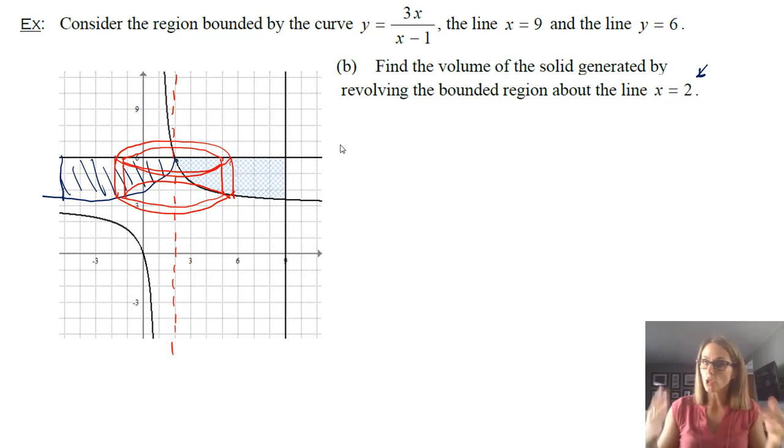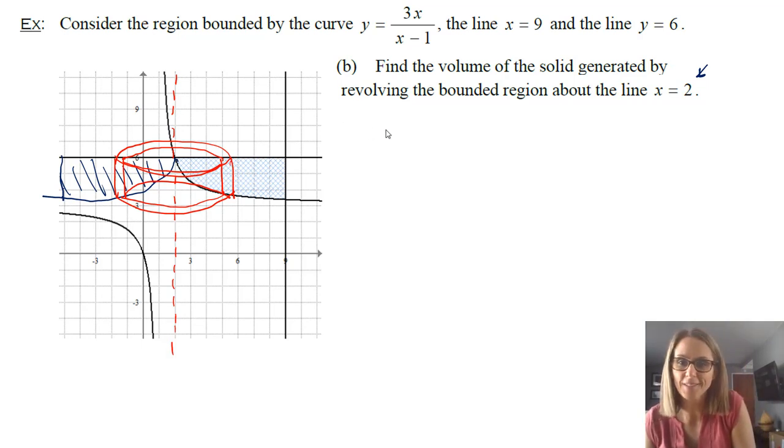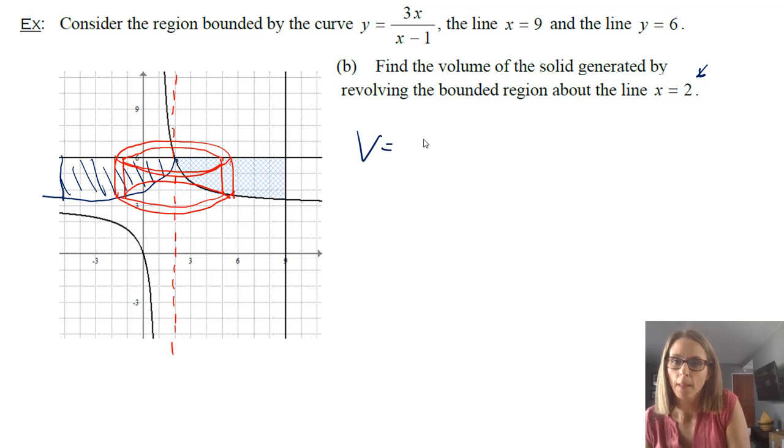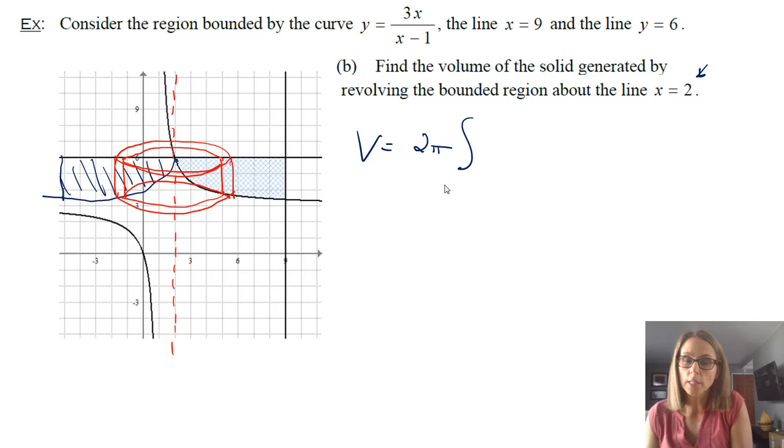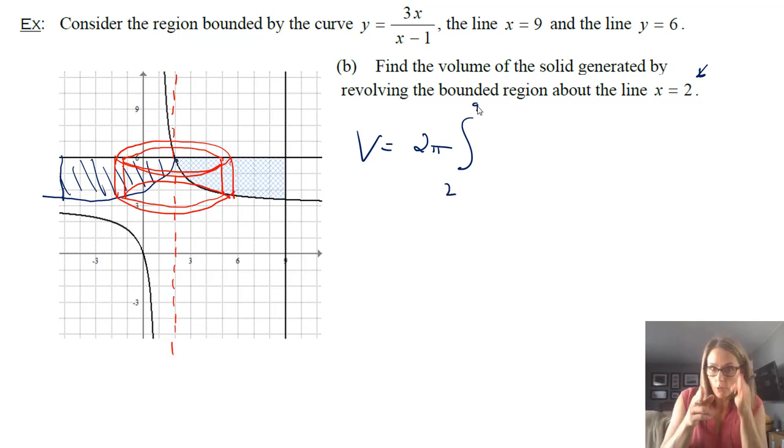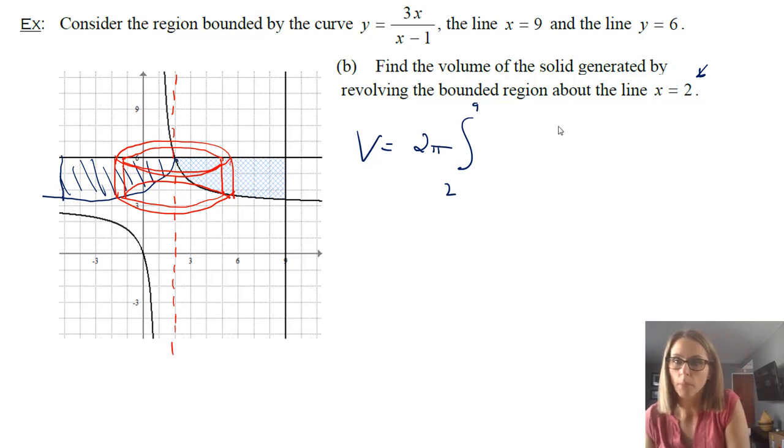And so we just need to show that, like if you were to peel this open, and again, look at the length of this rectangle, it's going to be 2 pi times not x, but I'll show you. Let me start this here. So we have 2 pi, that is the same. We're still going from 2 to 9. That piece is still integrated from 2 to 9. That's where all the shells are going to be.